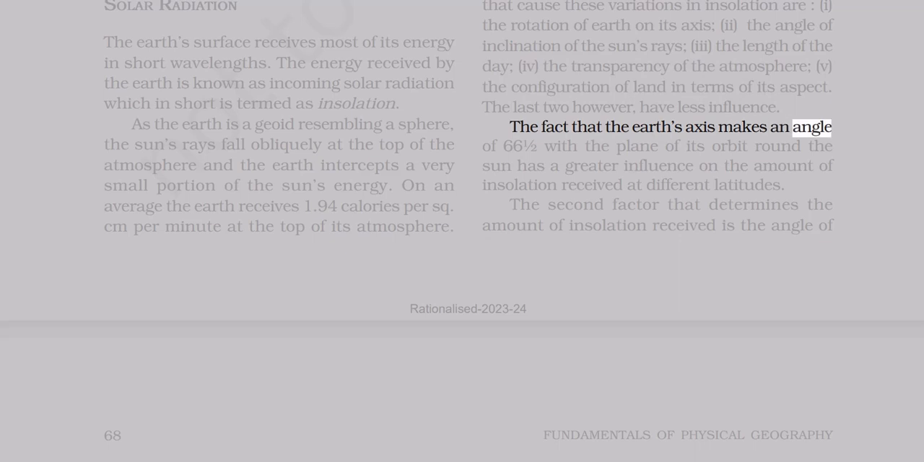The fact that the Earth's axis makes an angle of 66.5 degrees with the plane of its orbit round the sun has a greater influence on the amount of insolation received at different latitudes. The second factor that determines the amount of insolation received is the angle of